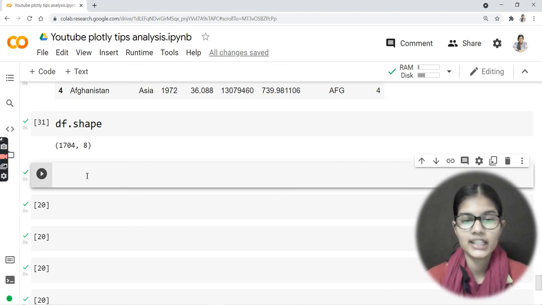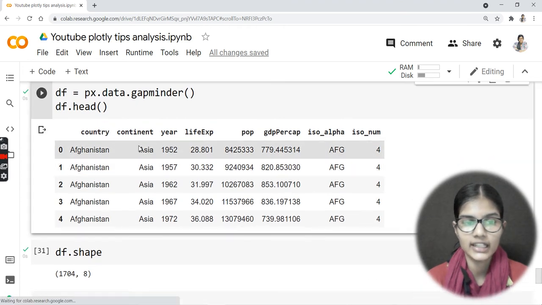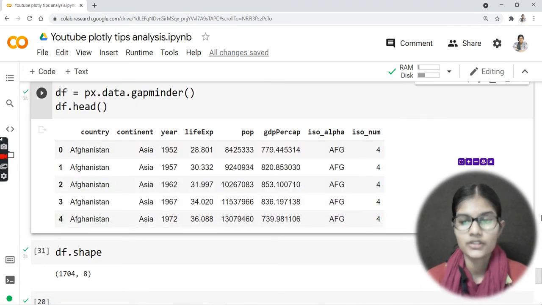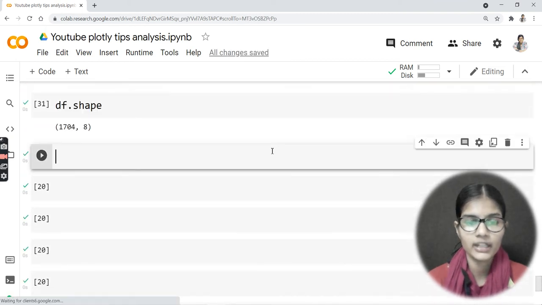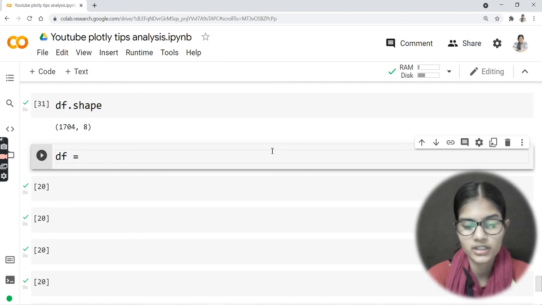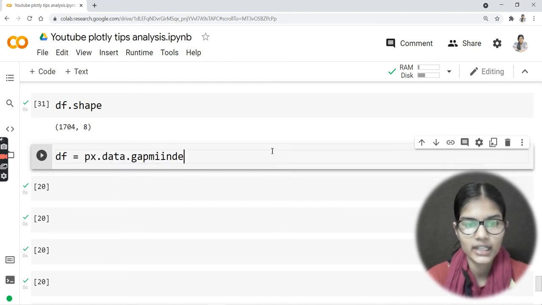So in that case, I'd be taking a particular continent here. The continents are Asia and whatever else they have, so I'll take only a particular continent. Let me come down here and again write df equal to px dot data dot gapminder.